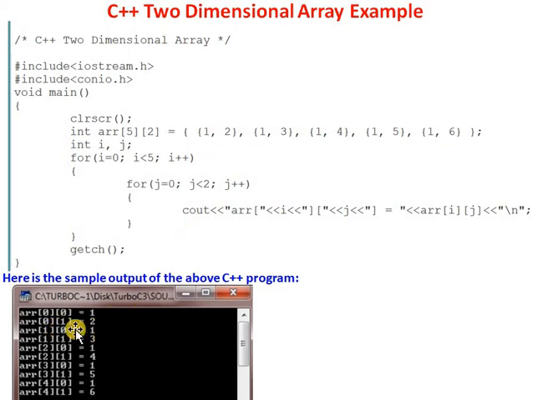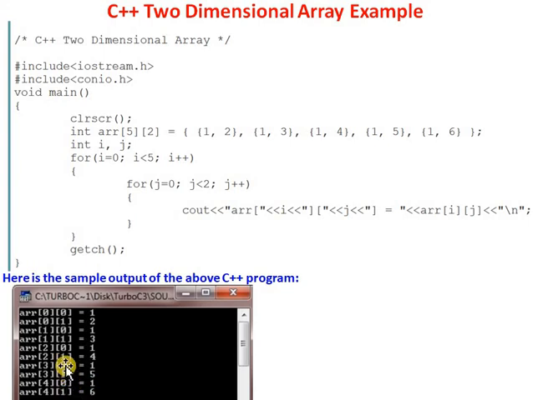Next, the 01 location value is displayed, that is 2. Then next, the 10 location value is displayed, that is 1. Then the 11 index value is displayed, that is 3. Same way, all the values of the two-dimensional array ARR are retrieved.